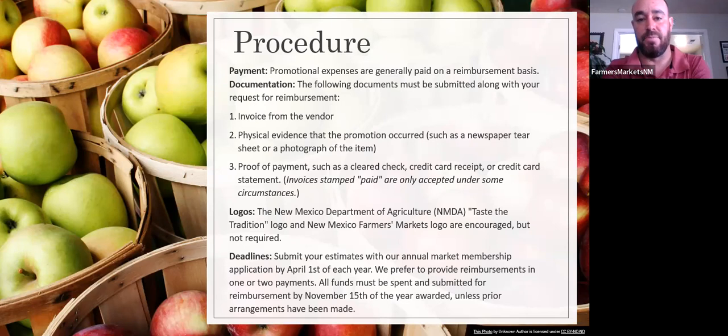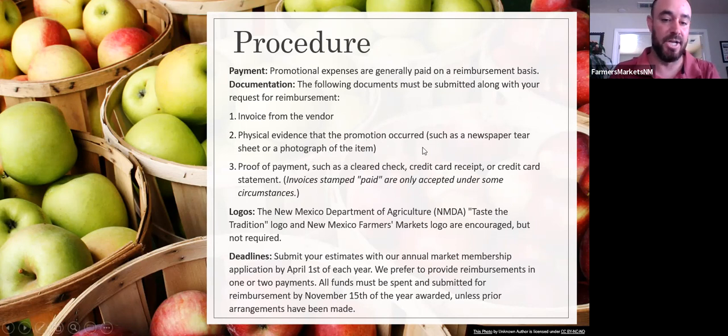So right here is kind of the procedure that you go through in order to submit for the promotional funds for the reimbursement. So it is a reimbursement. That means you buy it first. So maybe you purchase these signs first and you pay for it. And then you submit all of the information from the vendor. So we're going to need the invoice,